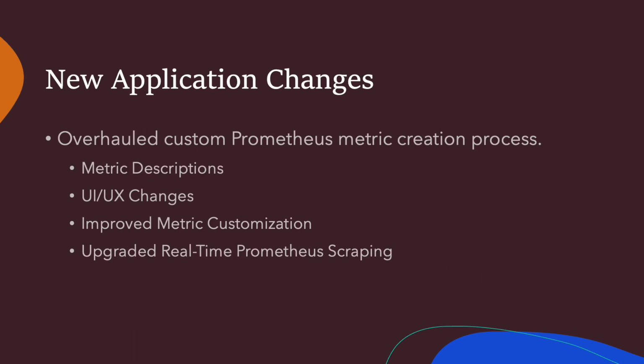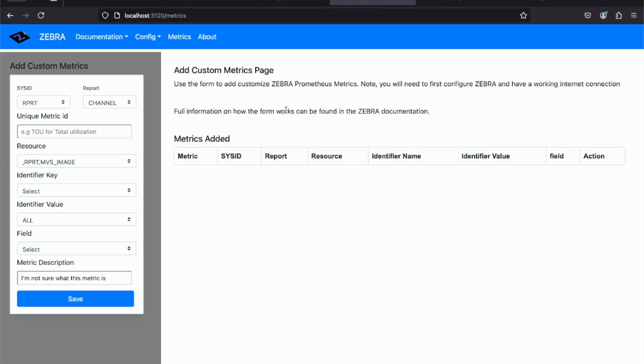So my work this summer during this mentorship consisted of overhauling this custom Prometheus metric creation process, and that consisted of adding metric descriptions, a bunch of UI UX changes, improved metric customization, and then upgraded real-time Prometheus scraping of your added metrics. So this is the current add custom metrics page for ZEBRA, and as you can see, and